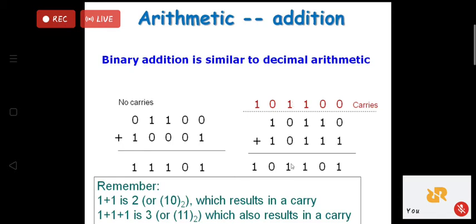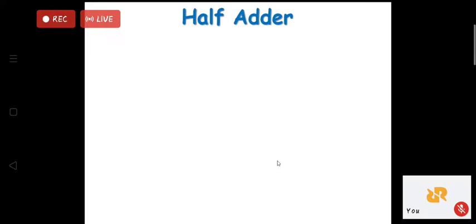1 plus 0 is 1. No carry, so 0 over here, and 1 plus 1 is 0, and carry generated 1, which has been brought down as 1. So I have written all the steps that you must remember. Whatever I have explained, the same thing is available in this box also, so you won't get any confusion. So up to here we have discussed.